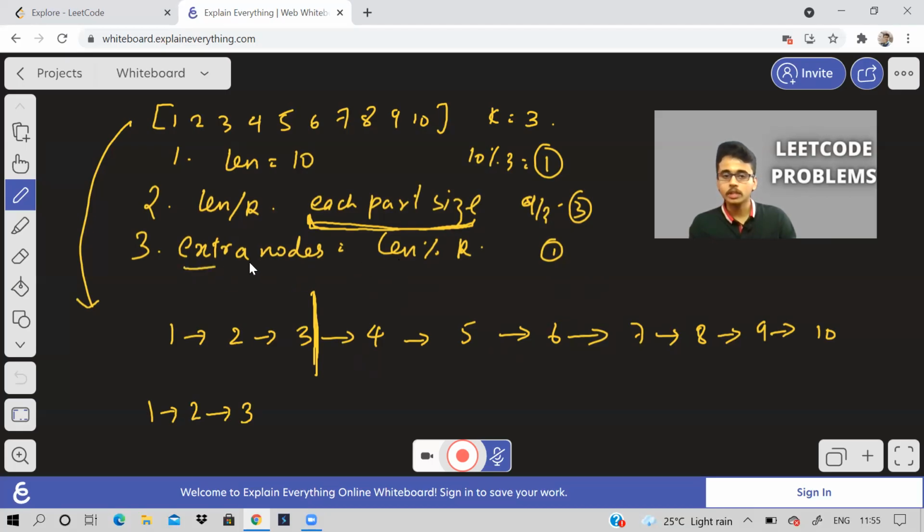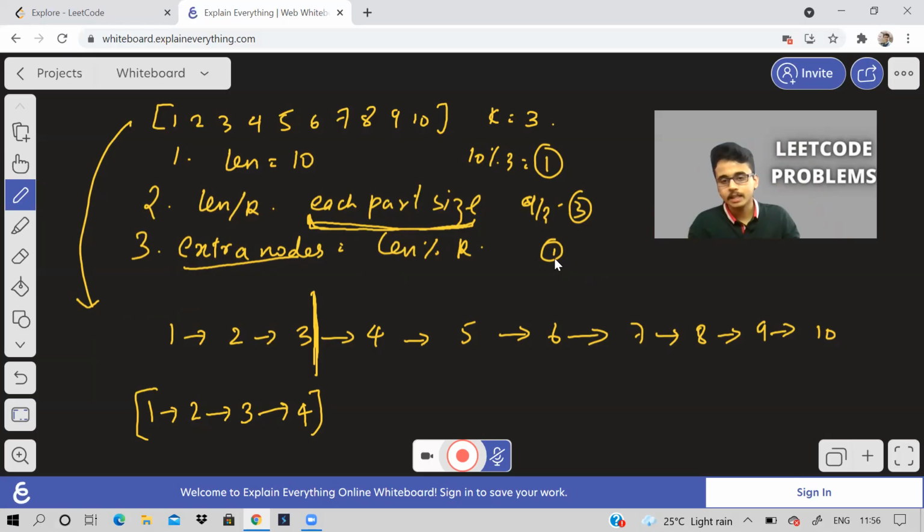Now how to use the extra node? In one go only we will not use the extra nodes. One at a time we'll pick one extra node and we'll add that extra node to one part of the list. We'll decrease extra nodes by 1 and we'll keep adding the extra nodes one by one. Why is that? Because if we add all the extra nodes in one go, the size of one part will become much larger than the size of another part.